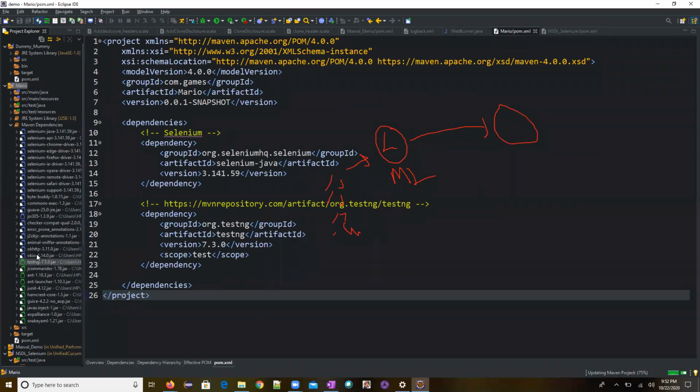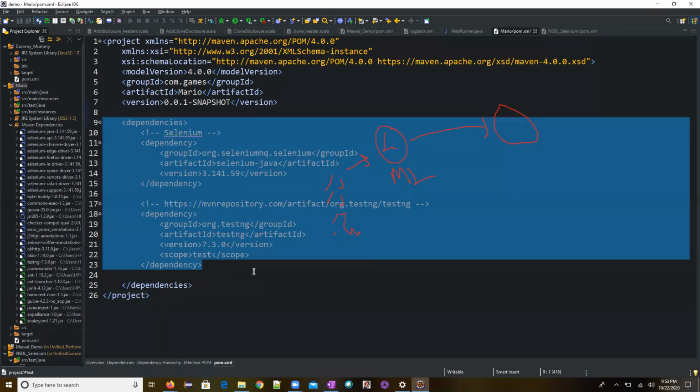Now you see, previously we only saw blue color jars. Now you are seeing green color jars. All these jars are respective to TestNG. So this is how it connected back and fetched whatever dependencies we wanted. It has been downloaded here. We have also discussed this in the previous session, but as we get into the POM file and how it works, we are just trying to explain it over here.